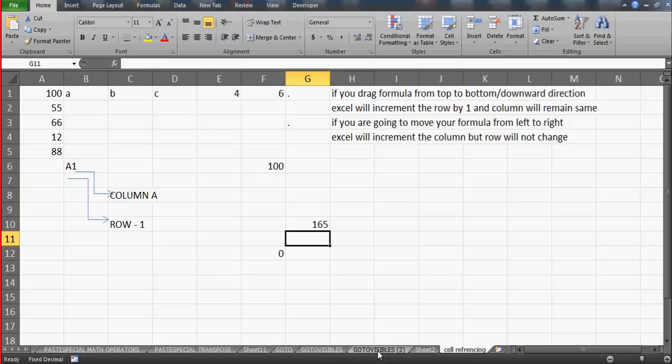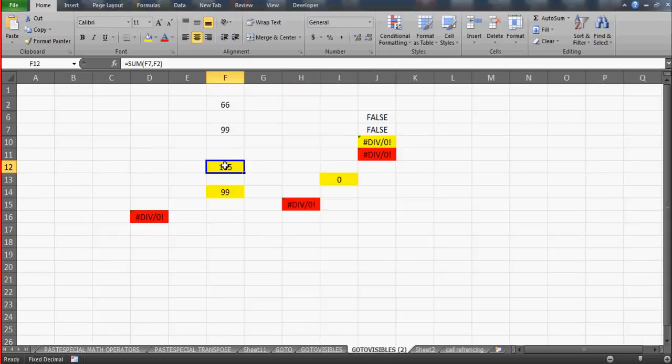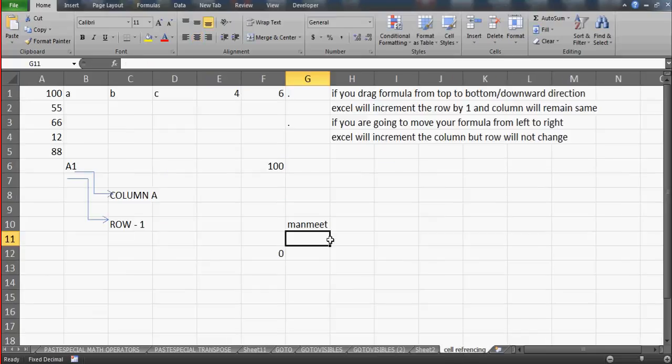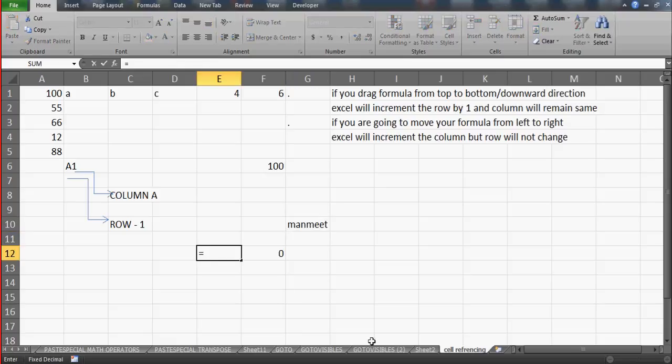If I change anything over here in 165, if I write your name, let's say, and I come back here, you see that this will be changed because we have applied a formula. Now you have to simply say equals to and then go to that sheet wherever. For example, now